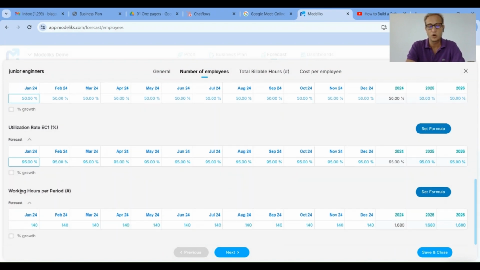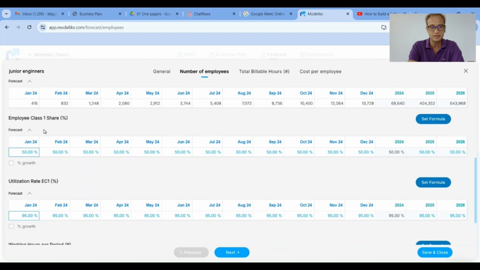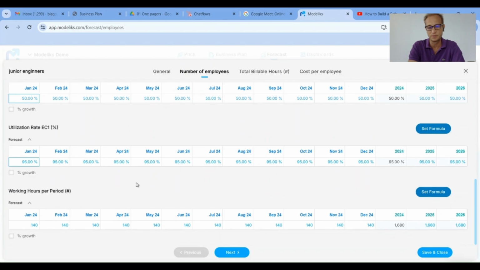Then the total number of working hours per period. On average, in a month, there are about 160 working hours. But there are holidays, there are vacations. So we'll assume that there are about 140 working hours in each period on a monthly basis, and 1,680 working hours on annual basis. So that's it. We've entered those three main assumptions: what percent of the billable hours are done by junior engineers, their utilization rate, and the working hours per period. Then we go next into